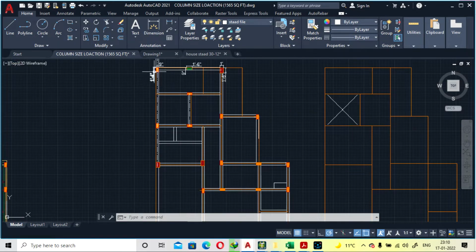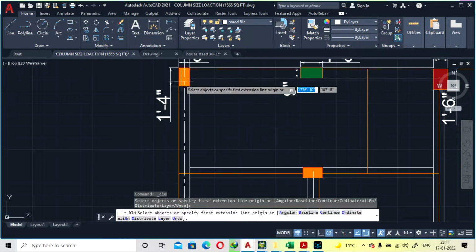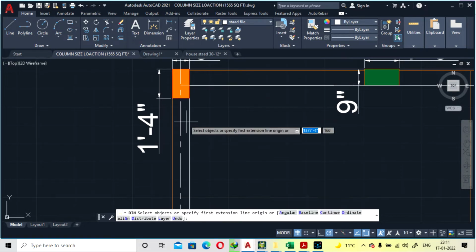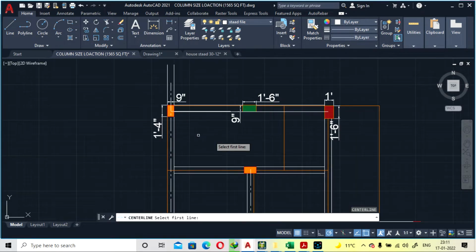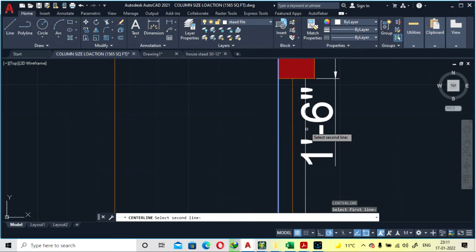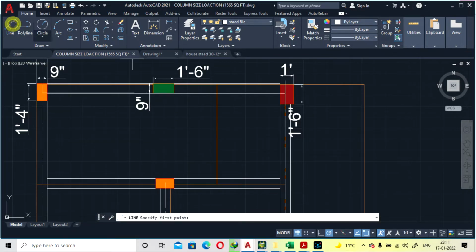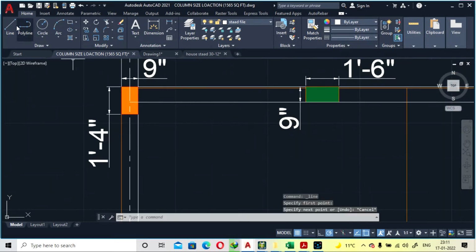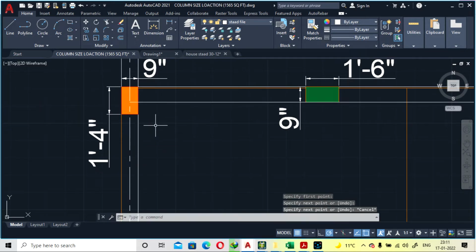So this will be a beam and this will be a column, and we have to follow the column center to center to make the line. This will be a center line, so you can make the grid by your center line method. That is, you have to take the center line option and click both the beams, and you will get your grid line. Or you can also go with the center to center points. All you need is to follow the center to center line of your beam.